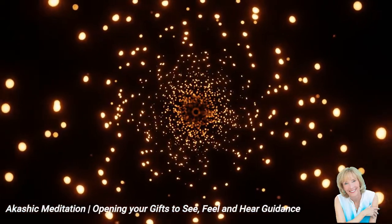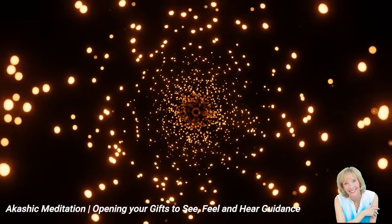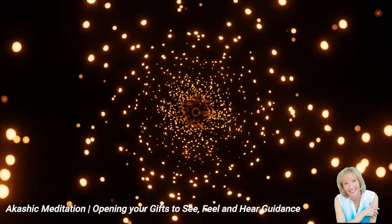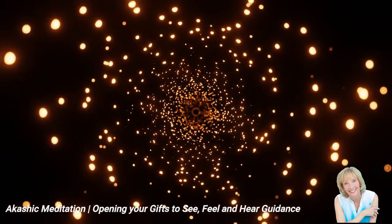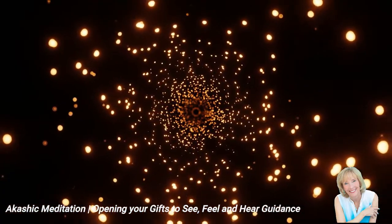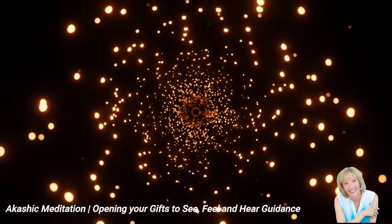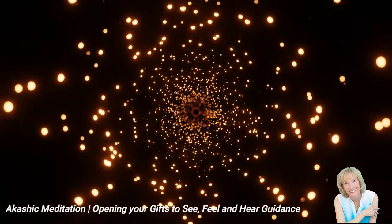Making more space in your body for you, especially in all of these places. That is how we wanted to receive messages from our record keepers, from our higher selves, from our internal guidance. And when there's a bunch of other people in your head and in your body, it's very hard to do. So we're going to continue to clear and ground and drain other people out of our telepathics,